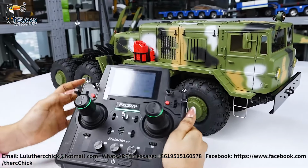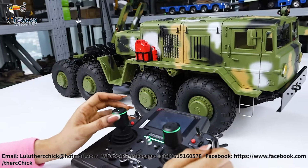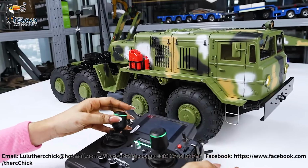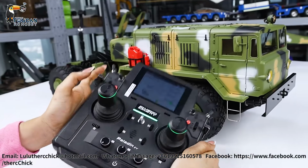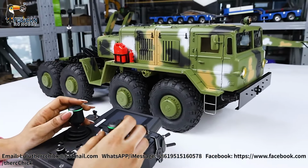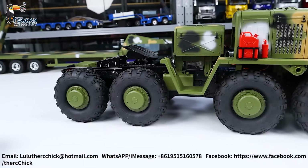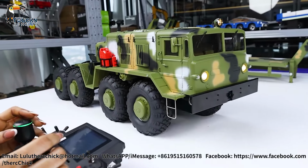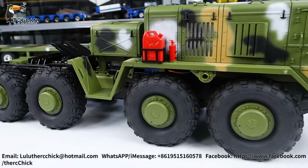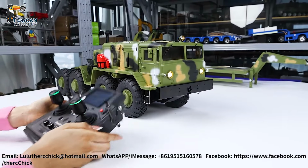For speed transmission, that's going to be right over here. So this pin is on the center position. When I try to drive, we have nothing because that's the neutral. And then when we push it up, that's going to be a low speed. Really good brakes on this one. So this is our low speed. Now for high speed,